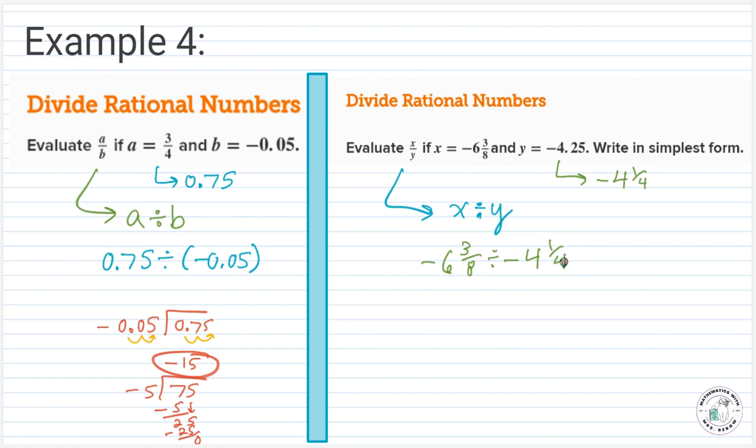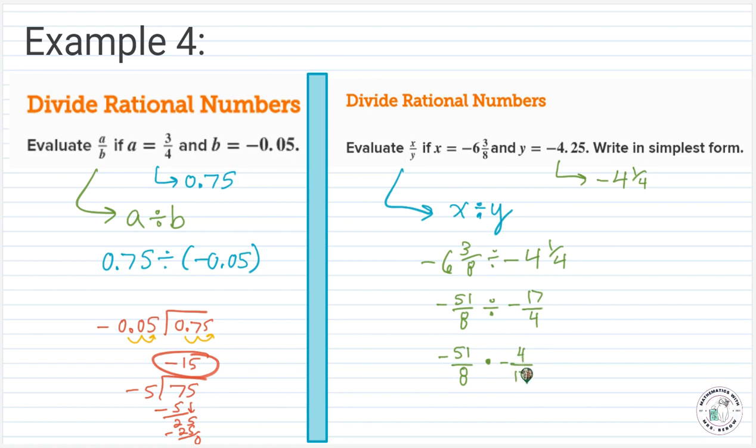When we divide with fractions, we do need them to be improper fractions, not mixed numbers. So we'll do 8 times 6, which is 48, plus the 3, which is going to be 51. So this will be -51/8 divided by, and then 4 times 4 is 16, plus the 1 is 17, so -17/4. Now that we've rewritten those mixed numbers as improper fractions, we can keep, change, flip. We're going to keep -51/8 the same. We're going to change that division to multiplication, and then we're going to flip that second fraction to its reciprocal. So this will be